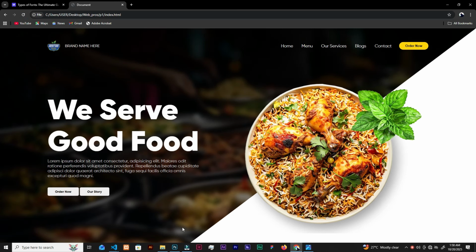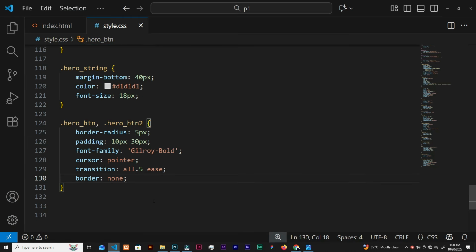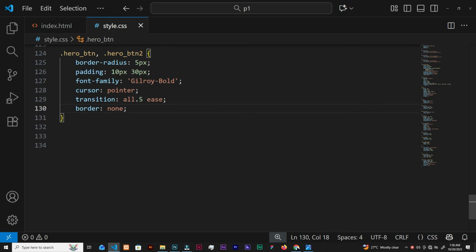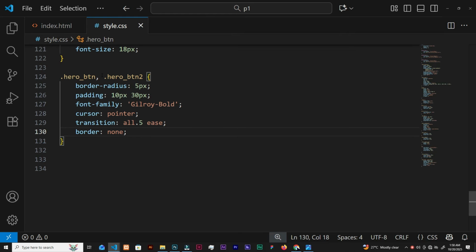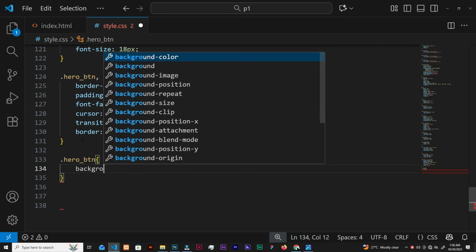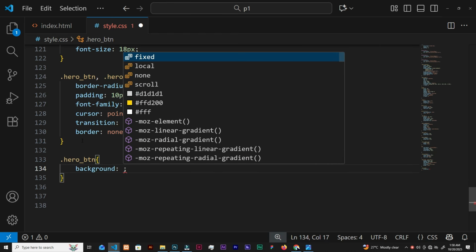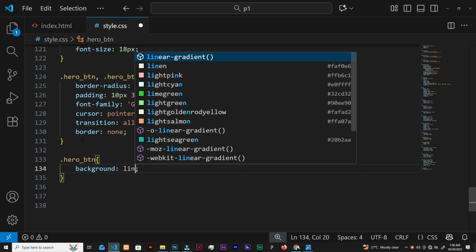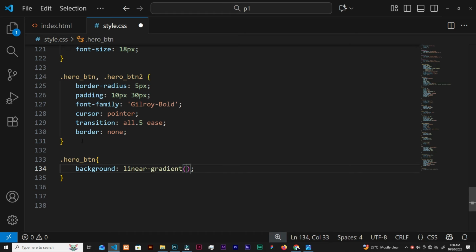All right, so we got this. Cool. Now let's target each one. We are targeting the hero btn over here, so copy it and paste it down here. The background, that's the background color, so you only need to type background. We want linear gradients, so you're going for linear-gradient, to right,